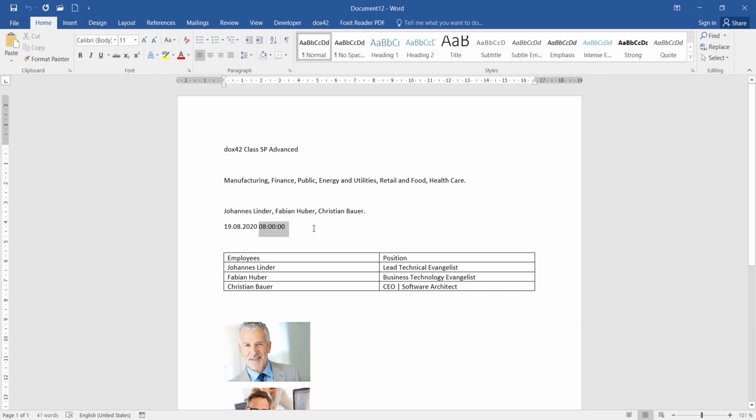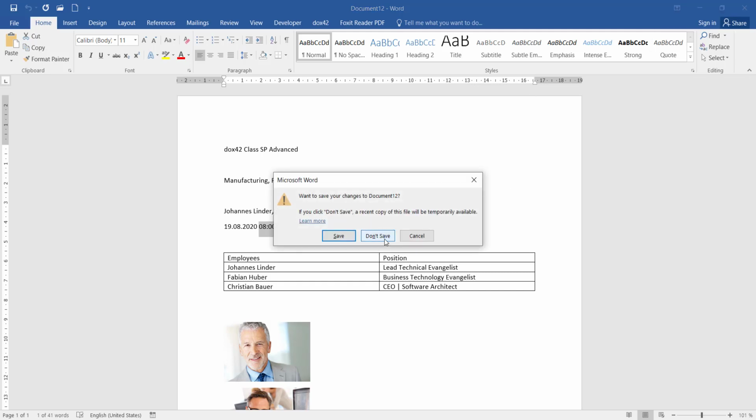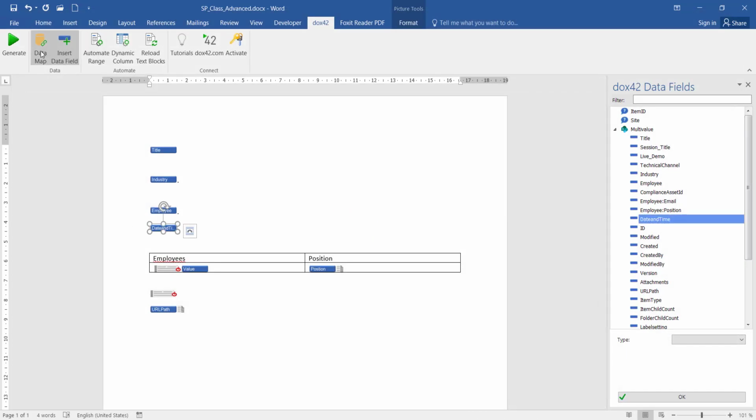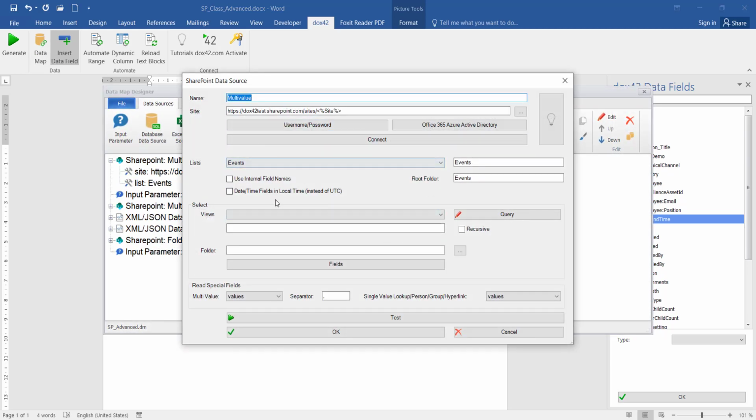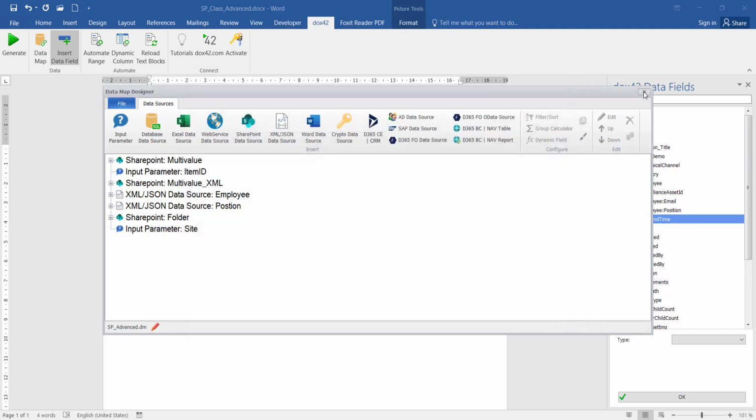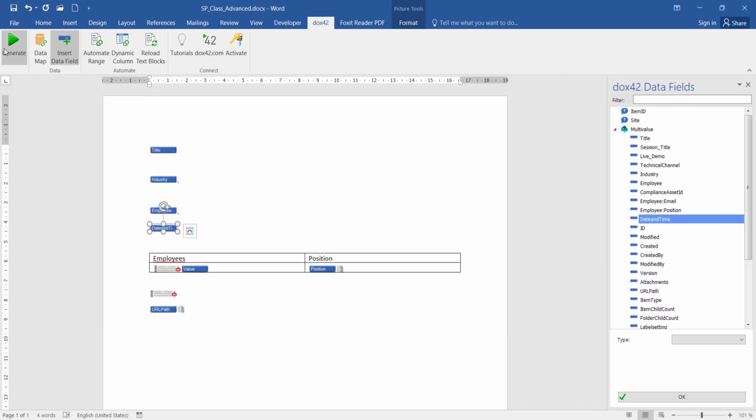It says 8 o'clock and the reason is because UTC is used, and to get rid of this and get your exact time zone, you just add your data source. Here again it is the multi-value data source, and there is one checkbox, date and time fields in local time instead of UTC. And if you tick this box, then everything is correct. And now if I generate this one,